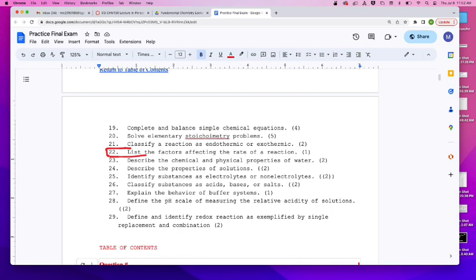Look at the number in parentheses next to it. There's 1 question out of 70 on this competency. You have 0 background knowledge in it. The odds that you are actually going to be able to learn that content on your own to answer that 1 question are slim to none. What does that mean you should do? Accept the loss. You're like, oh, that sucks. I don't want to accept the loss. If you get 69 out of 70 questions, what's your grade?